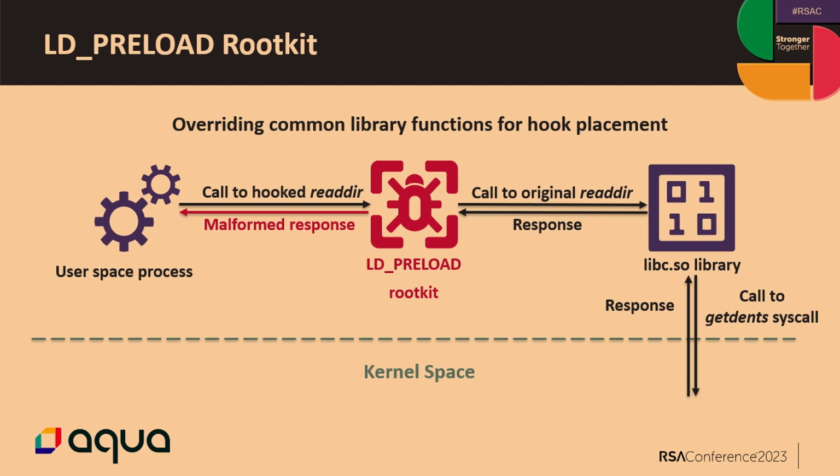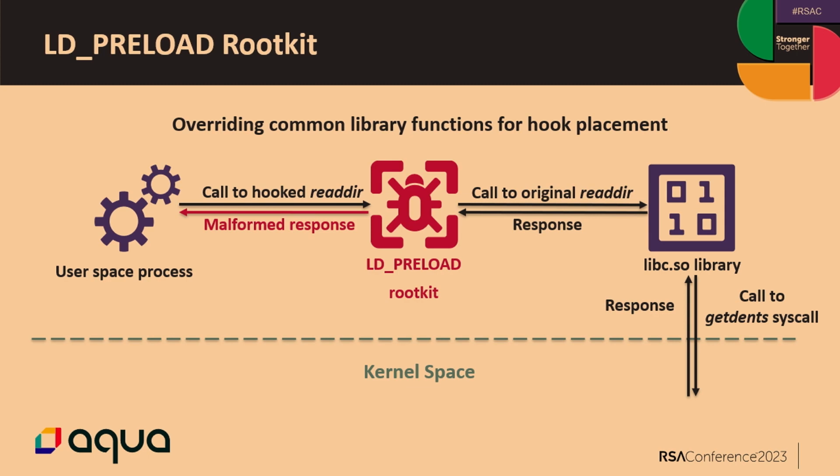But when we have LD_PRELOAD, we're basically loading a shared object at the beginning of the process memory. The result is that when we call readdir, we will call the first instance of that exported symbol, which would be, in this example, our rootkit. Usually it will call the original readdir and go through the same process. But now, when the response comes back into user space to the application, it will modify the response and remove all the evidence from the attack.